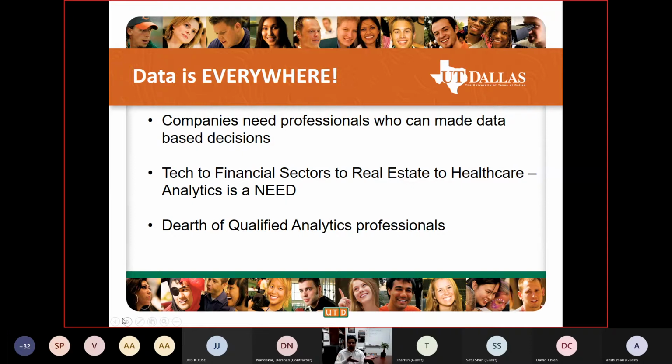Not very far from Dallas, we have Bentonville, that's the headquarters of Walmart, and they have an analytics practice of a couple thousand people. Why do you need so many people to do analytics? The simplest answer to that is because if you want to stay competitive, if you want to think ahead of your competition